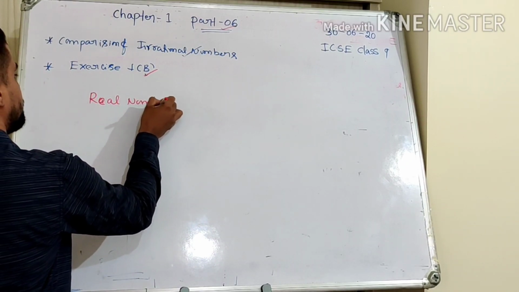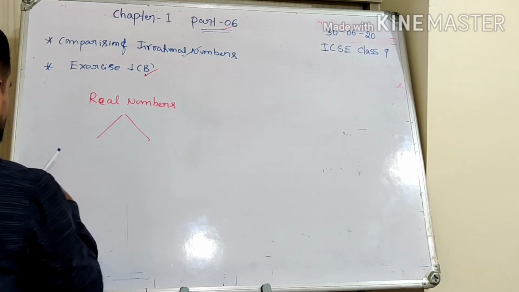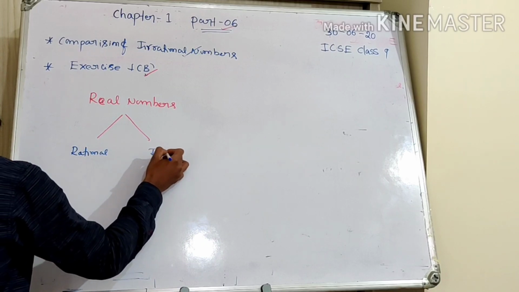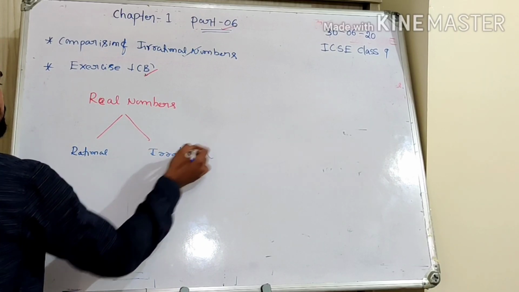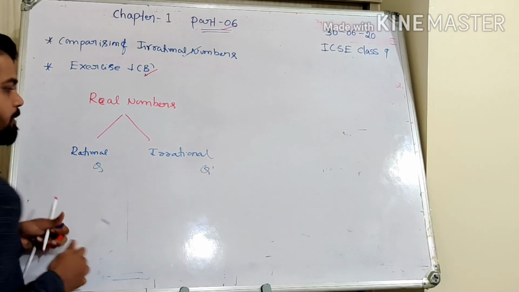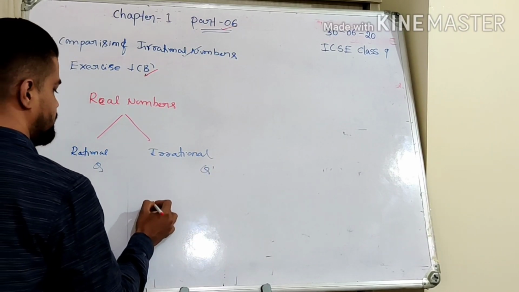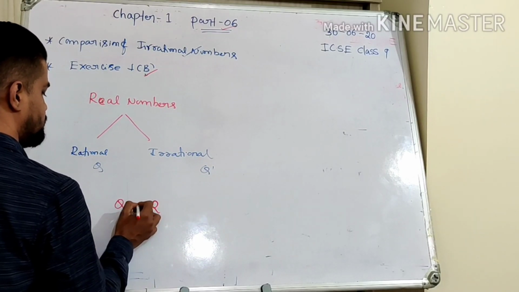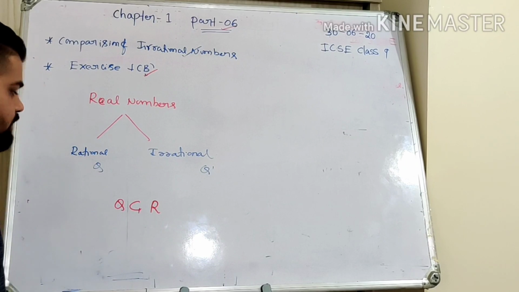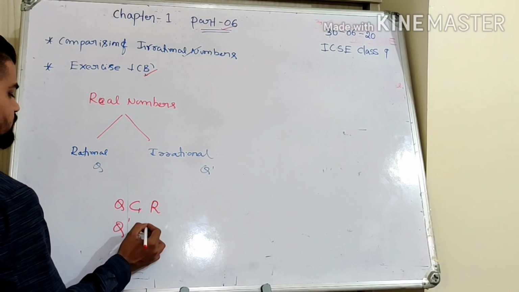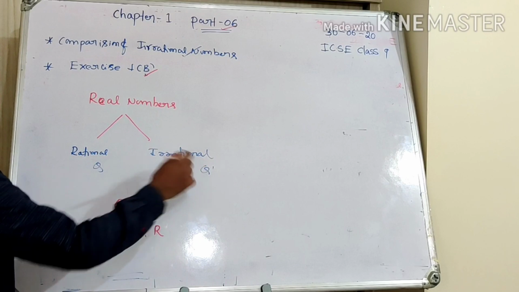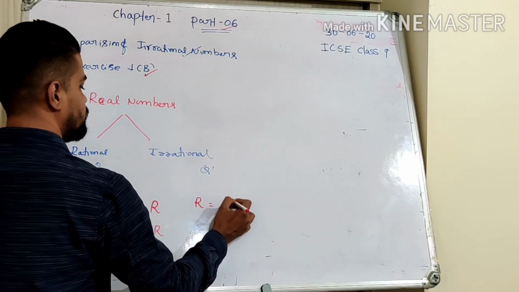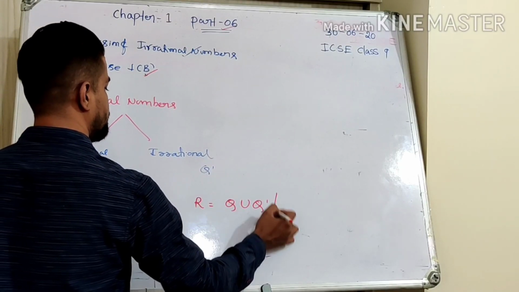The real numbers include both rational and irrational. So whatever numbers we saw so far are all called real numbers. So what do you mean by that? Real number is a superset of rational numbers. That means rational number is a subset of real number. Irrational number is also a subset of real numbers. Anything else is left here? No. Everything else is coming under real numbers. That means real number is nothing but the union of rational and irrational numbers.